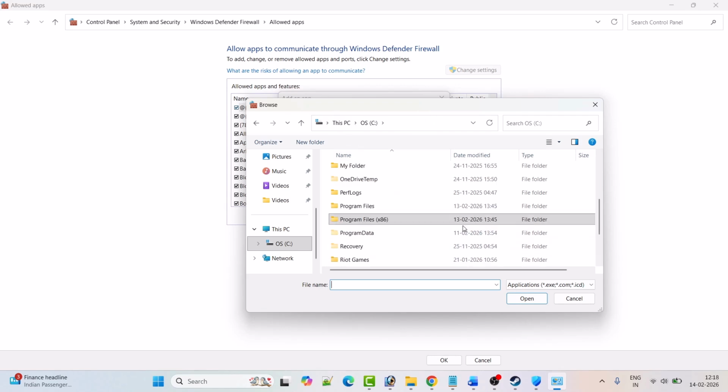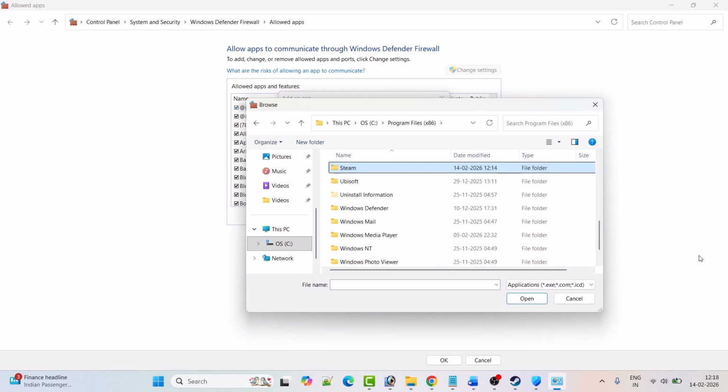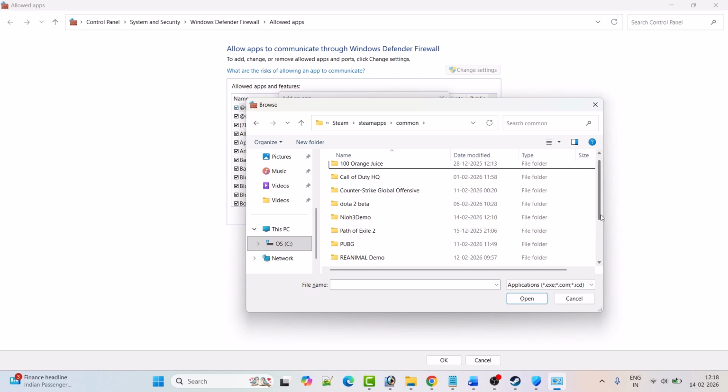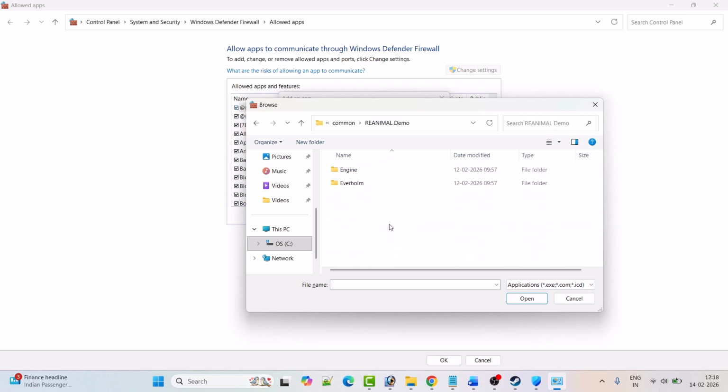So open the C drive program files x86 folder, open Steam folder, open Steam apps folder, open common folder, and then open the HighOnLife2 game folder. I am showing with another game. So open the HighOnLife2 game folder, then select the HighOnLife2 game exe file, and then click on open to add